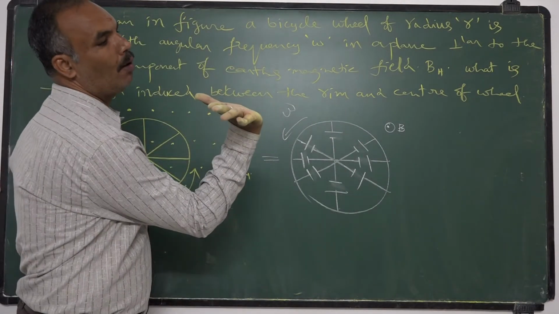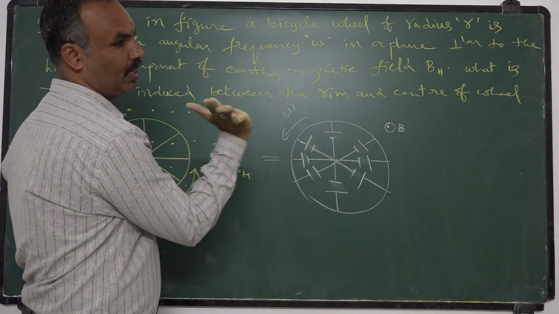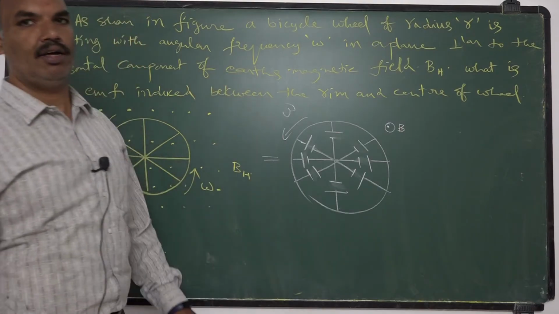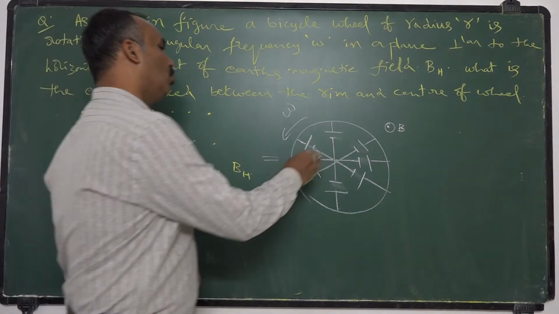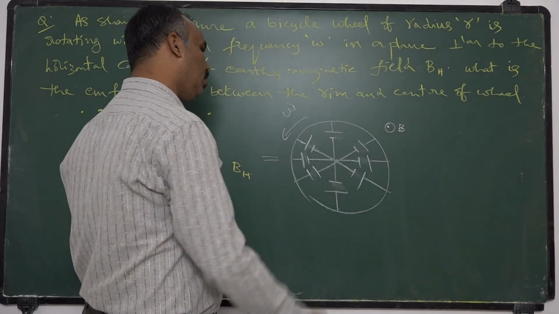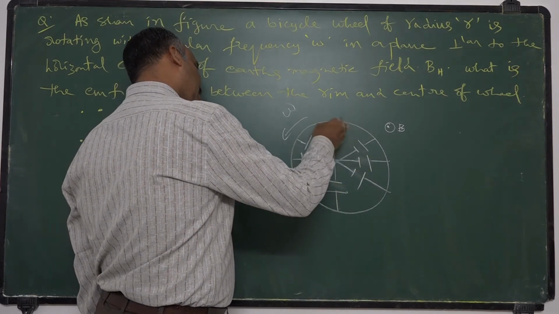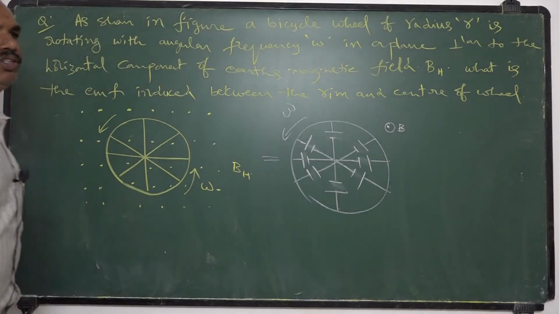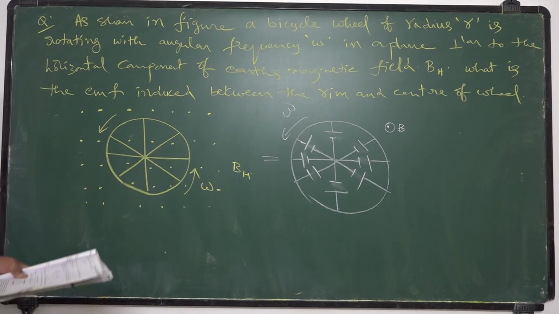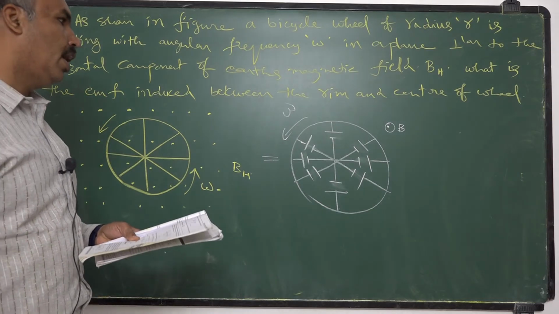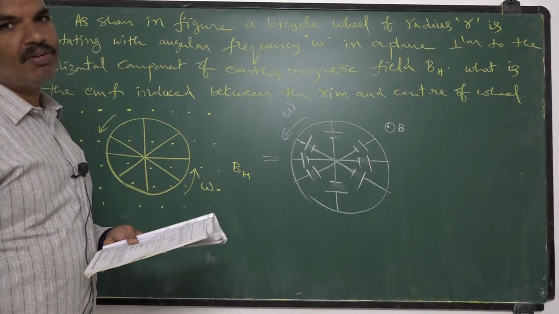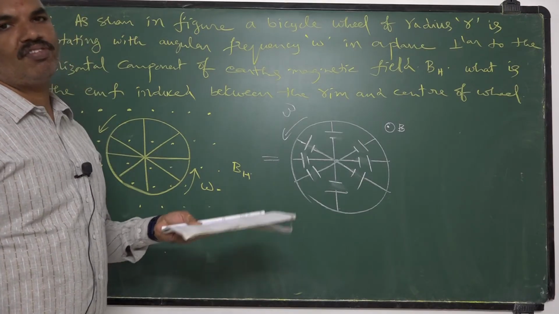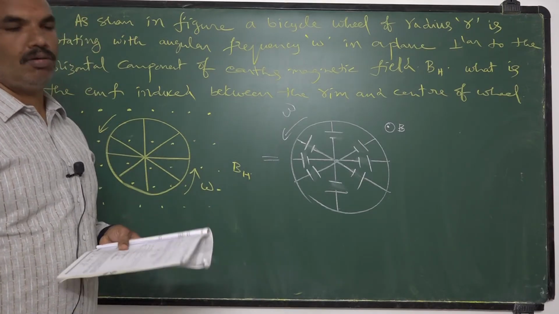Due to the right hand palm rule, velocity will be like this, and the magnetic field is directed in the remaining fingers' direction. Upper portion will get positive potential and lower portion will get negative potential. If you observe clearly, all these individual cells are in parallel combination. In parallel combination, effective EMF is nothing but the maximum of the EMFs you connected in parallel.